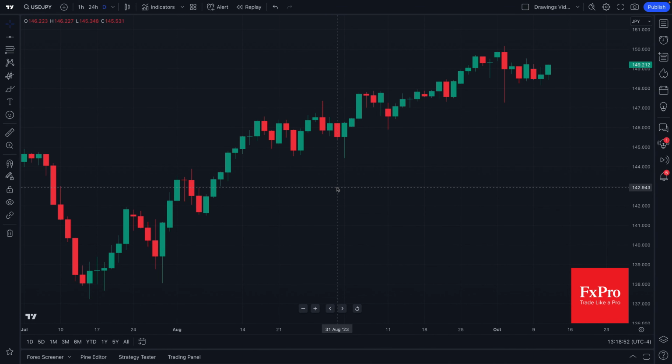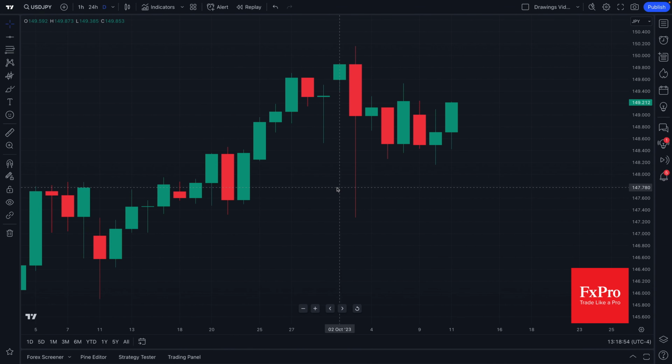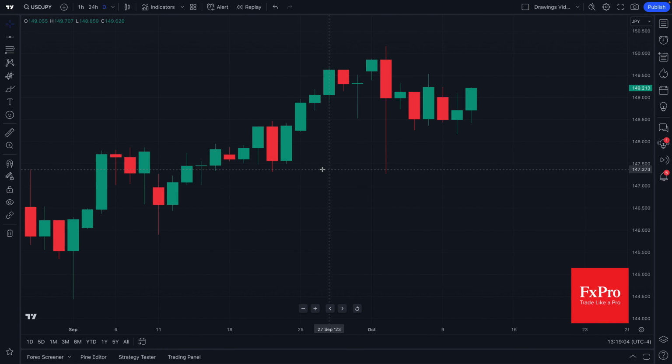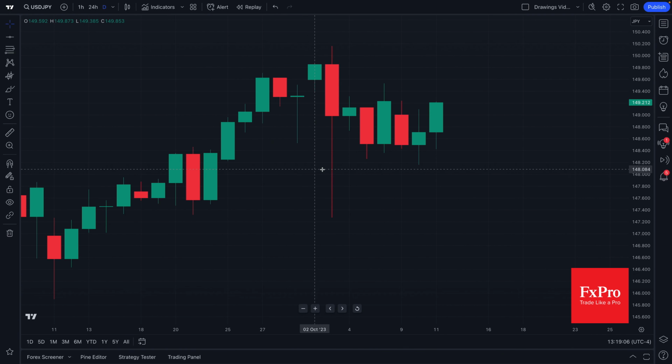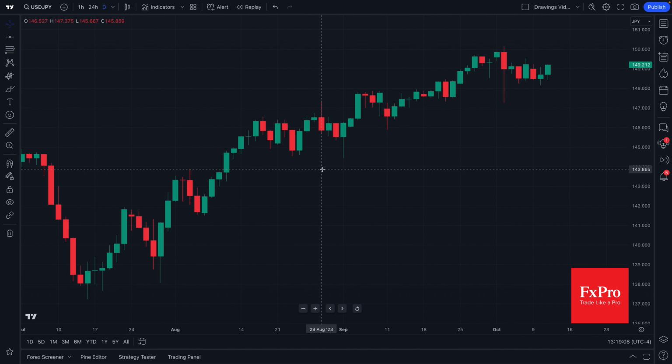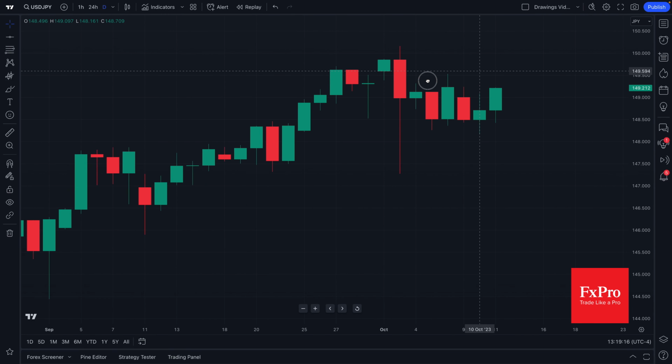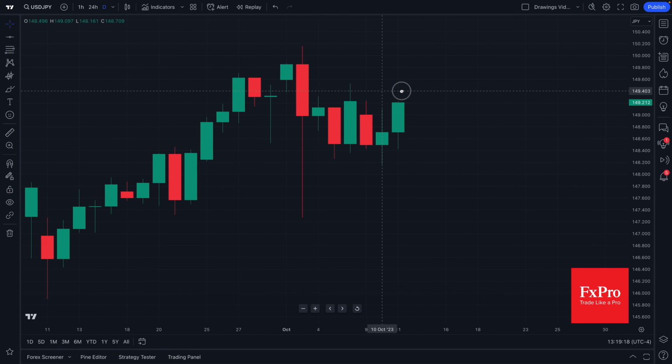Hello, Forex traders. Let's look at the basics of TradingView and how to access and customize your chart. For starters, you can zoom in or zoom out on your chart by using the mouse wheel on your mouse. Just push that mouse wheel forward or pull it backward and the chart will zoom in and out. You can also click and hold and then drag the chart to the left or to the right depending